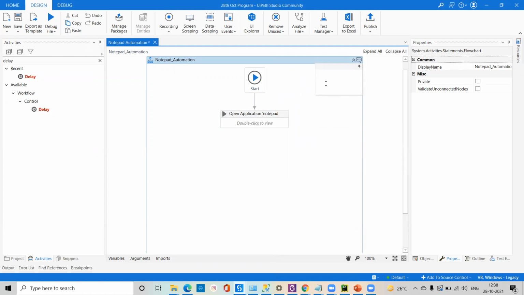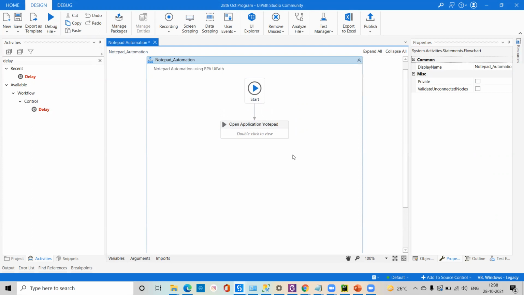I can pass notepad automation using, according to your requirement, whatever you like. I'm passing this normal RPA UiPath. This is called annotation in UiPath.